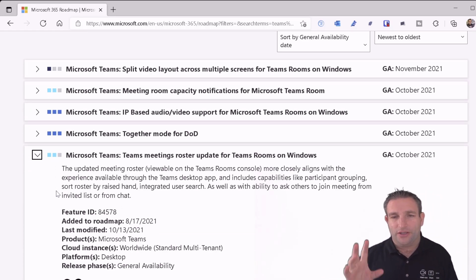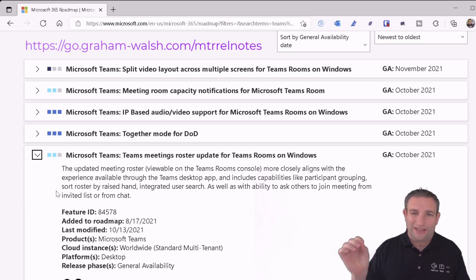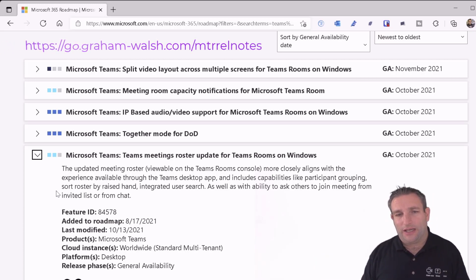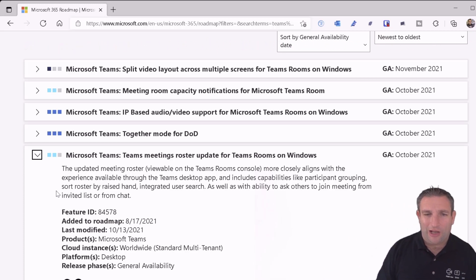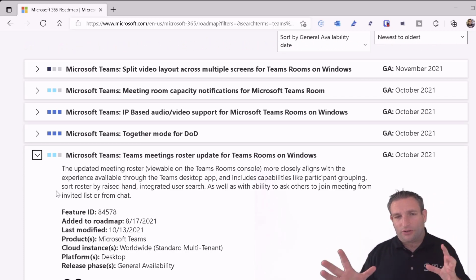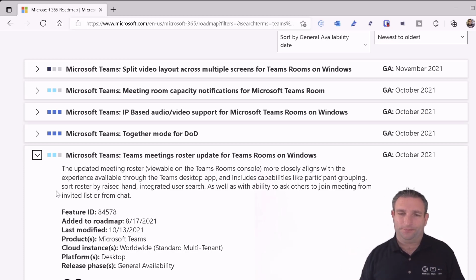And I'll show you the Microsoft Teams Rooms documentation at the end, showing you where these new features are that are rolling out as a whole sort of batch update. So lots of updates coming very soon. This is sort of mimicking your desktop application. So where you've got the roster list on the right-hand side, you've got a search bar at the top,